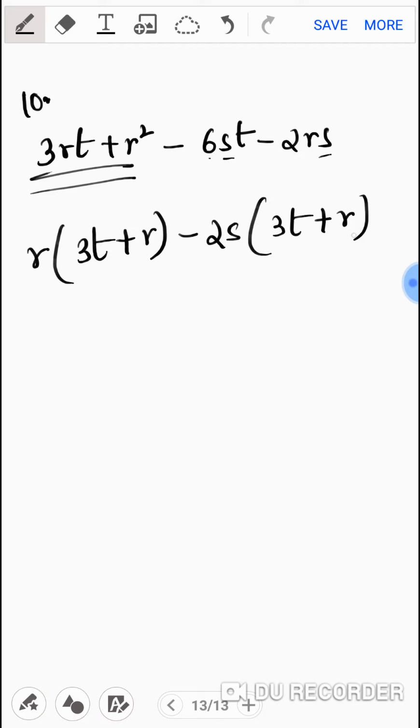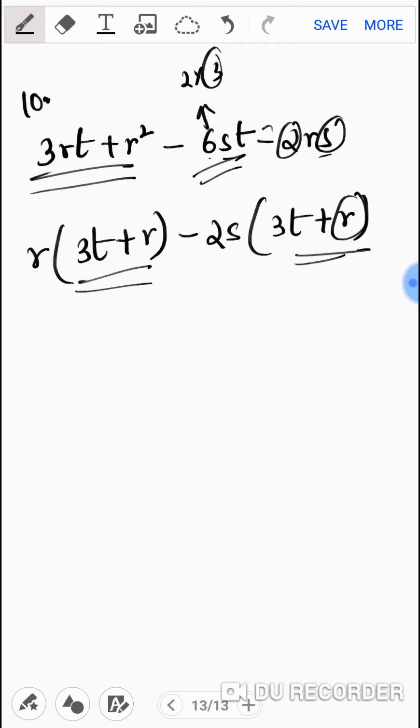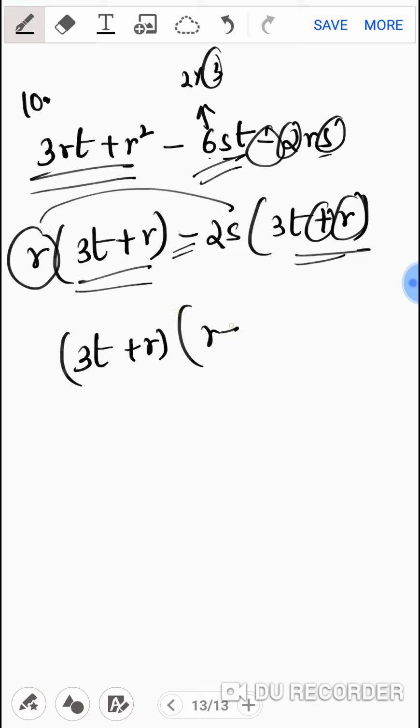How? Did you notice, 2S is taken common, so here R remains, and here 6 means 2 into 3. So from that 2 is common, the remaining 3 is left here, 3 and T. So inside brackets are same, and I change the sign. Why? Because I am putting bracket, inside sign will be changing if I am taking minus outside. If there is minus outside, you are putting a bracket and the inside sign will change. So you will get here 3T plus R is one bracket, and the remaining terms outside the bracket will go into one bracket. Is that clear? And that's your answer.